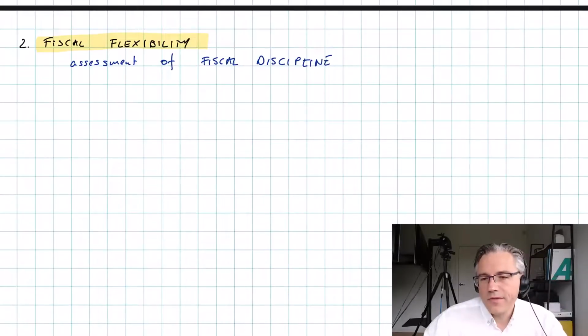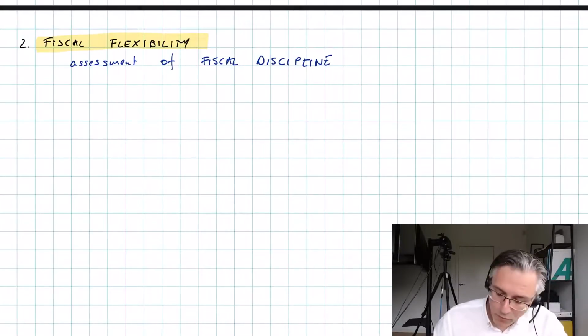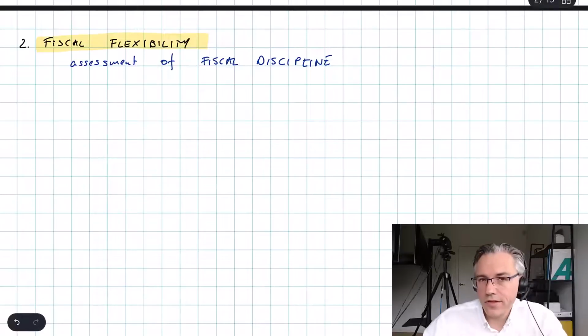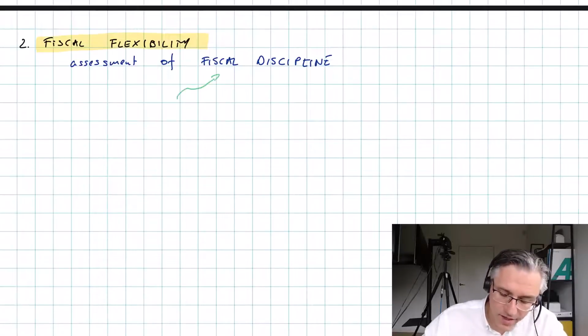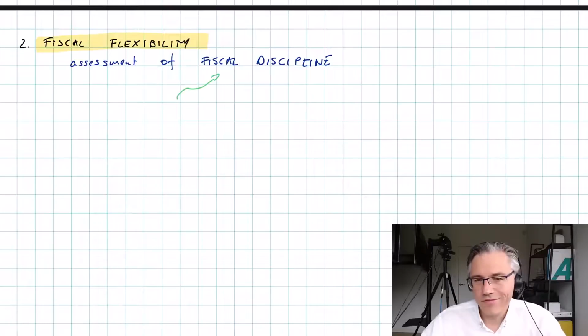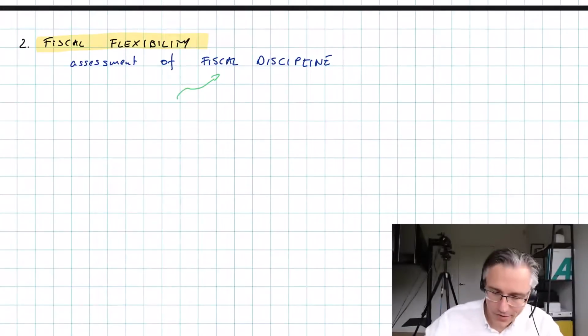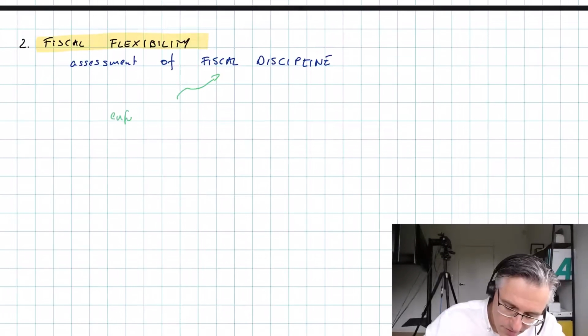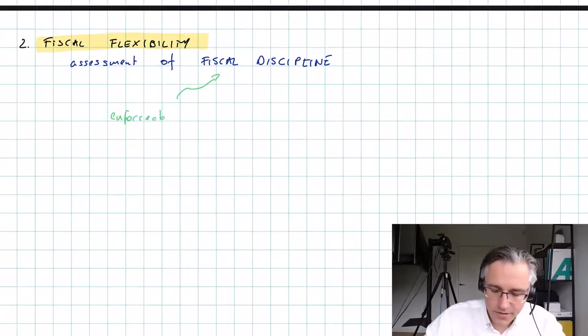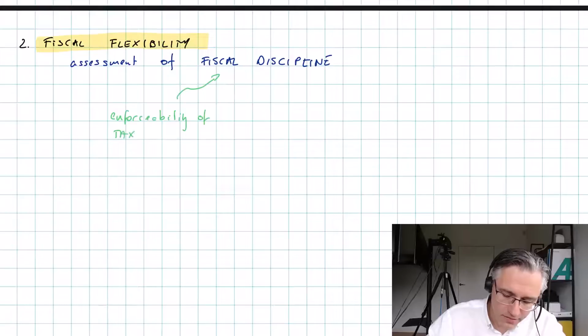Fiscal discipline is all about how well a country is able to collect taxes and how well it enforces taxes. Because it's all good having taxes on paper if subsequently taxpayers are quite effective at dodging the payment of those taxes. So enforceability of the tax collection mechanism